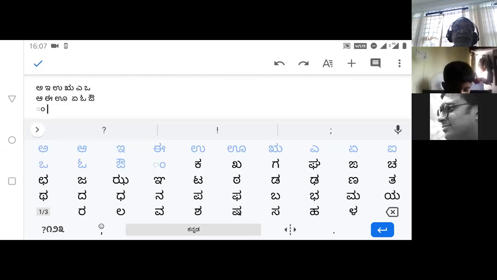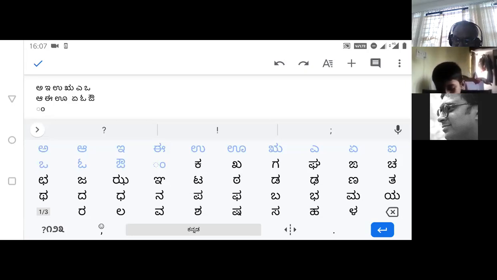You can simply have im, iha, uha, etc., or kam, kaha, gam, gaha, etc. So these are not really considered letters, but they are symbols which become very useful while writing certain Kannada words.